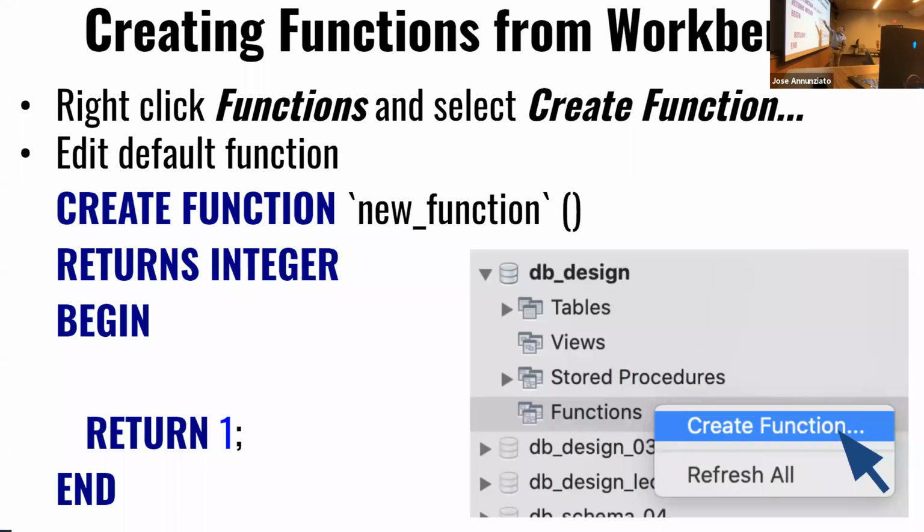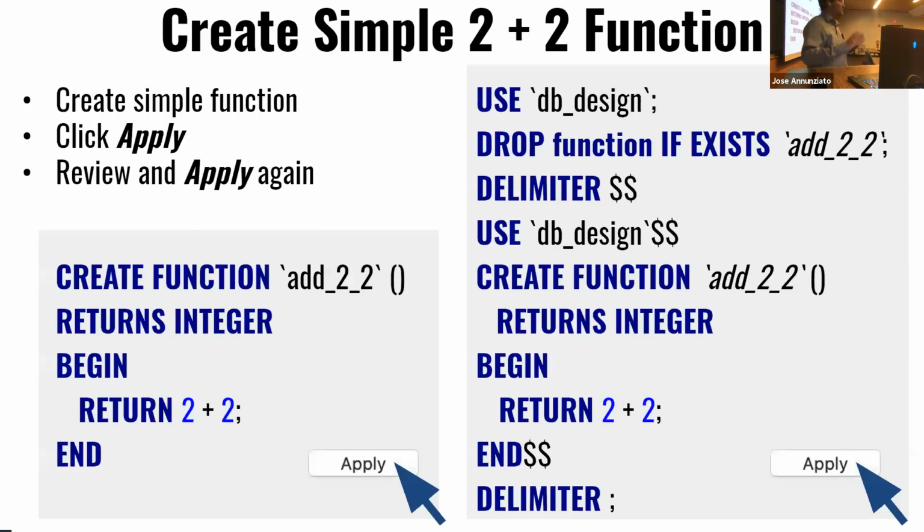This is where you say, create function, new function. You can change the name of the function. By default, it returns an integer, and by default, it puts a return 1. So it creates the simple body for your simple function, and this is where you put your code. So let's create just a really dumb couple of functions just to get us going. First, let's just add 2 + 2. That's trivial. So you create a function, you name the function add 2, it returns an integer, and it's going to return 2 + 2. Make sense? You apply,